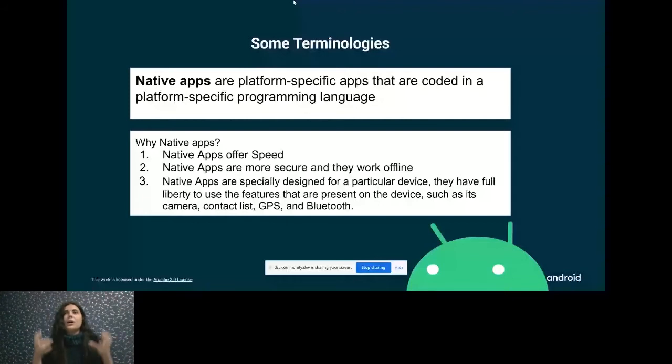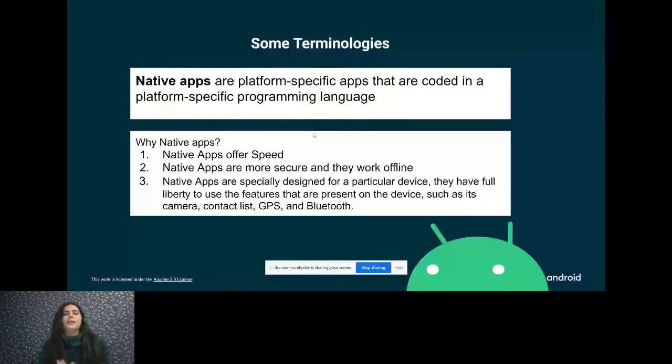Since they're developed particularly for a device, you have the liberty to use the features present on the device, such as camera, contact list, GPS, and Bluetooth. I hope until now you're clear about the terminologies in mobile apps.